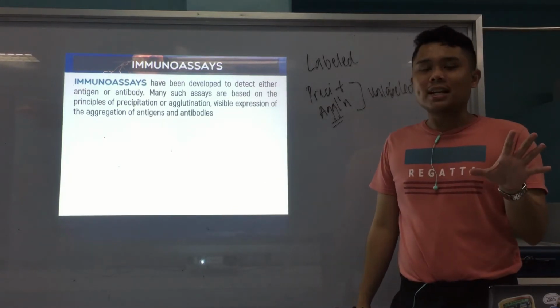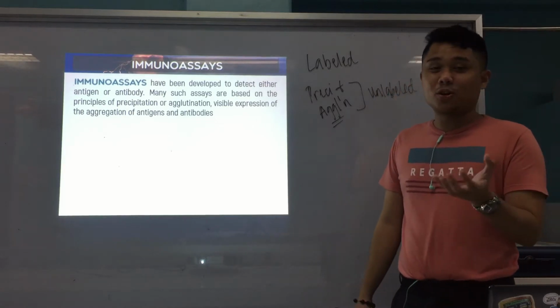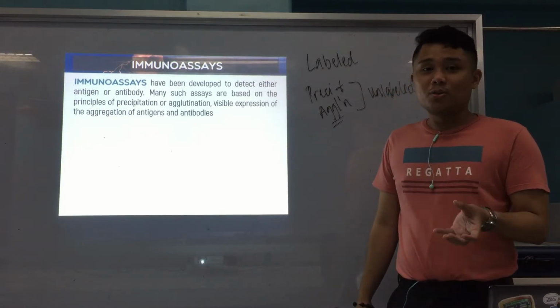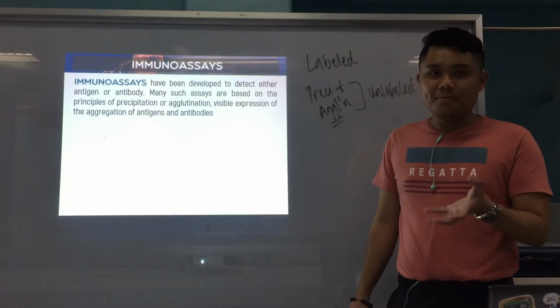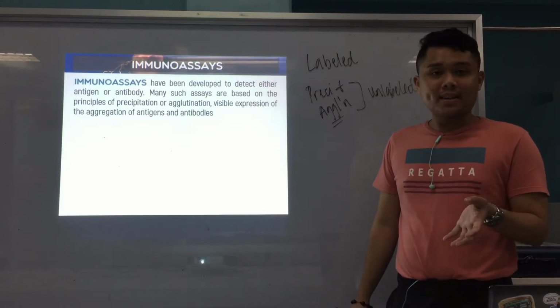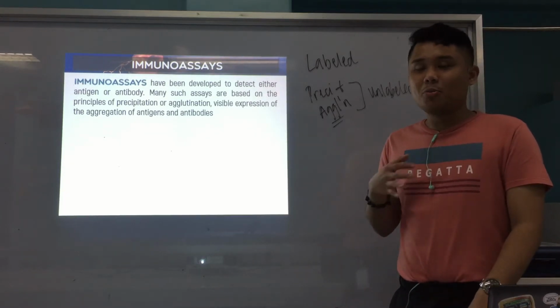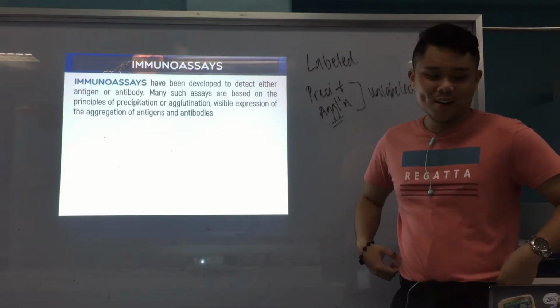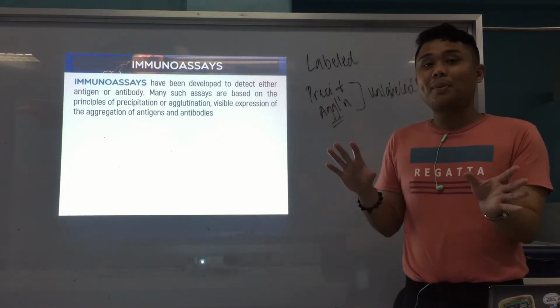Now, some immunoassays, as mentioned, are based on precipitation and agglutination. Some of the tests are already obsolete. They are not usually performed in the routine clinical lab nowadays, but it still pays for us to know them, theoretically, for our knowledge, because they still show up in the boards somehow. Okay? All right. Now, for the next part, we're going to differentiate between precipitation and agglutination.